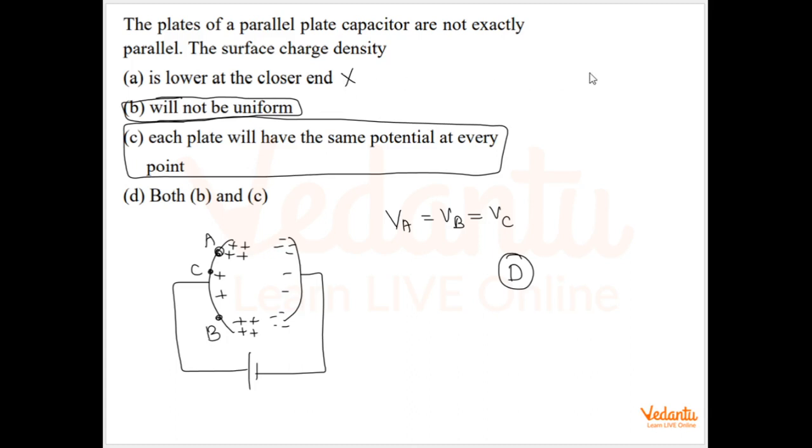Option A is wrong, because if the plates are shaped like this, then in that case the charge will be highest in the middle and it will have a very small value at the